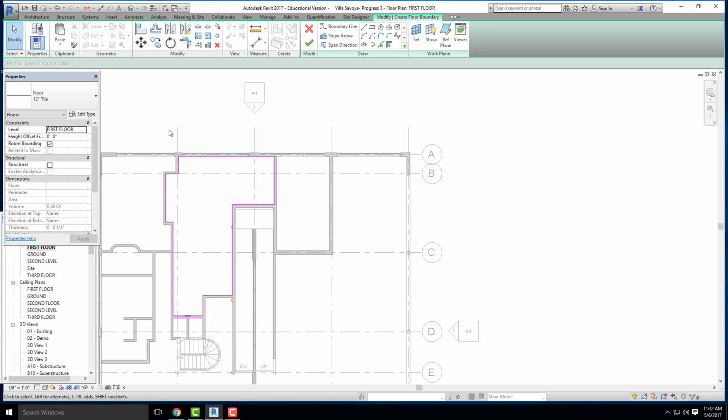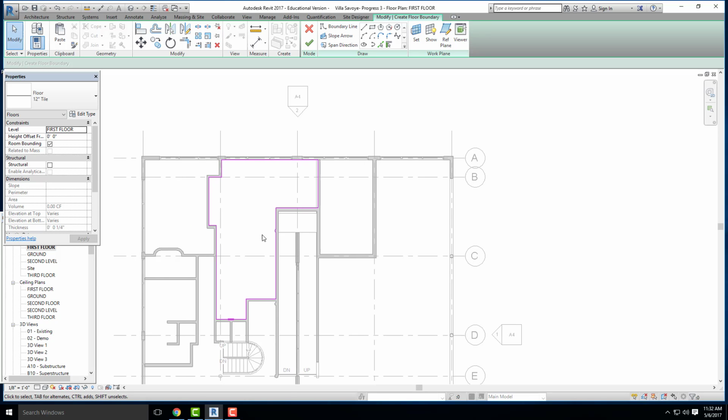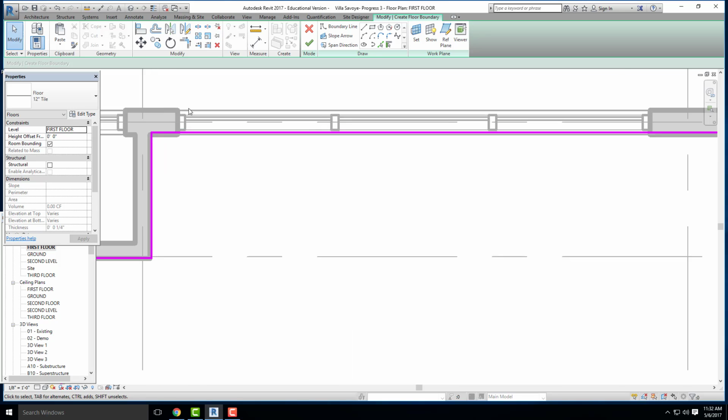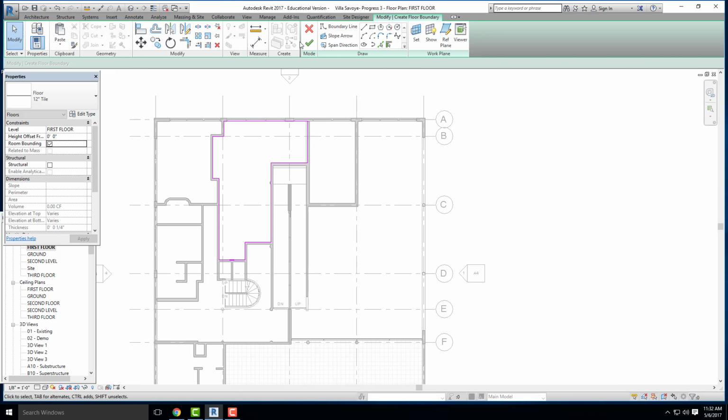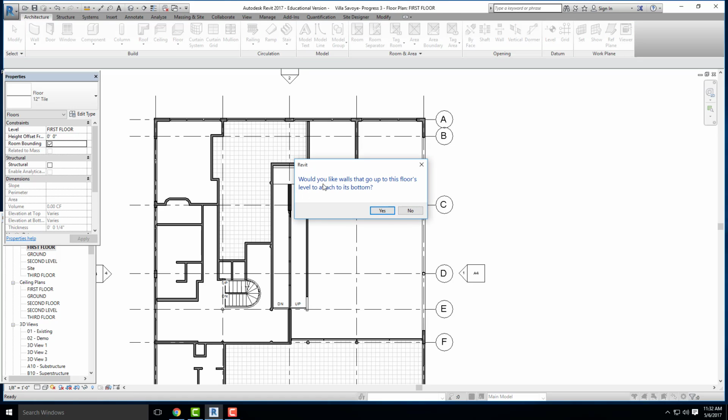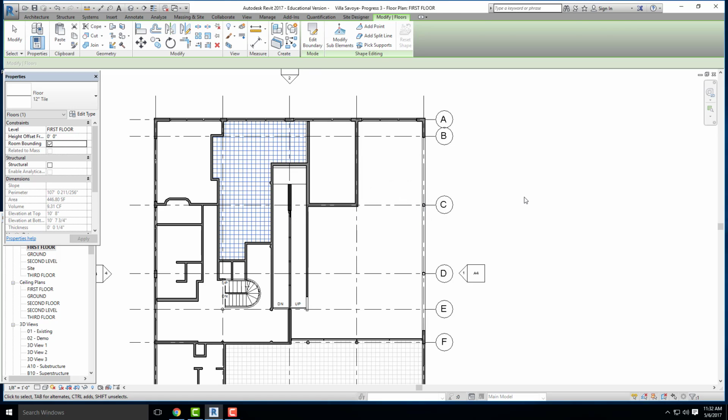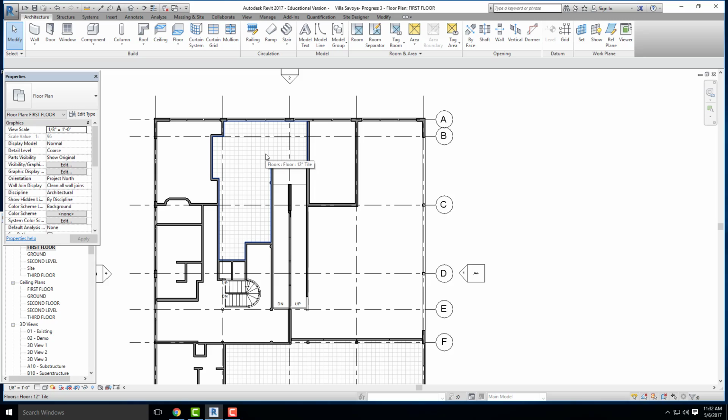So we'll just pretend, I don't know if this is the right flooring pattern for this room, but we'll pretend that it is, okay? And as soon as you define your boundary, you can then hit the check mark. I'm going to hit no. I don't want them to actually go to that flooring. I would rather my walls actually go to the bottom of the floor below the one that we just created,